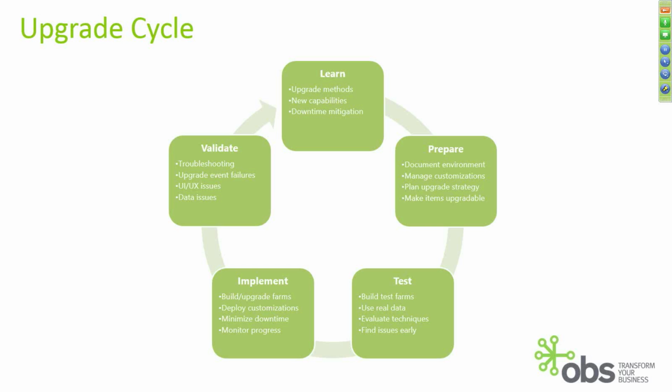So key things we've covered, going through the cycle and making sure you've got at least 2 test migrations in a test environment before you go to production. Learn about the upgrade methods you're going to use if you're going to do it yourself. Document your environment, get all those customizations written down and make sure you know a strategy for how you're going